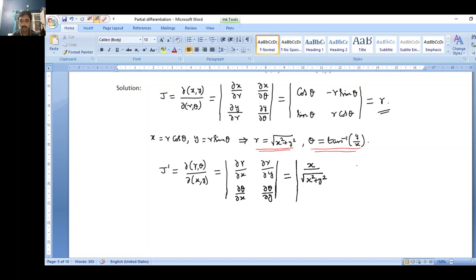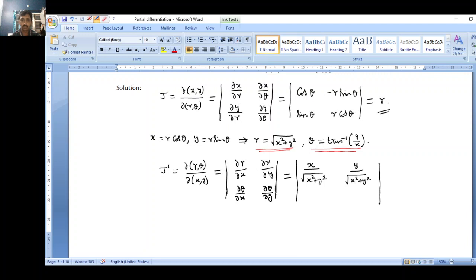Okay. Similarly, you will get ∂r/∂y as y by root x square plus y square. You can check it out later on as to how exactly you will get this. Okay. Now coming to the second row,